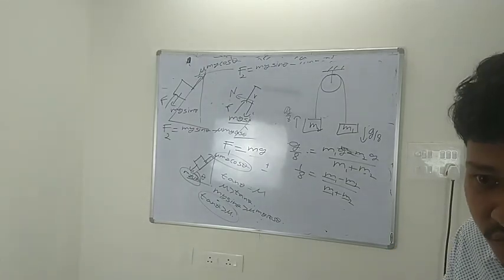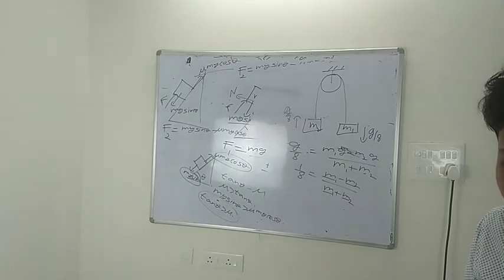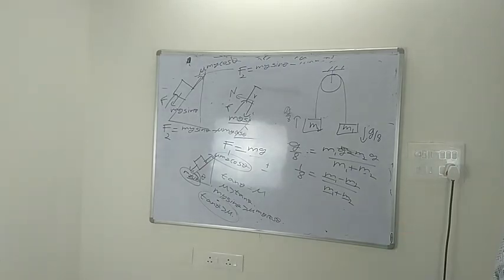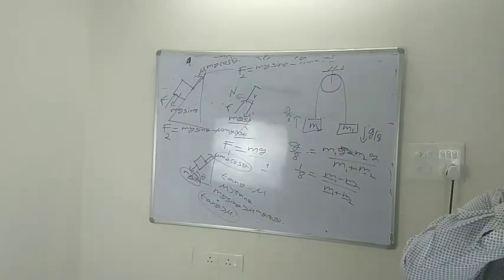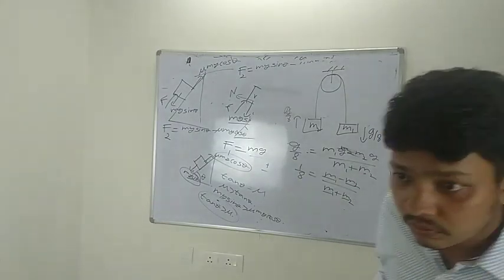A cubic block of size 0.5 meter floats on water with 30% of its volume underwater. What is the maximum weight that can be put on the